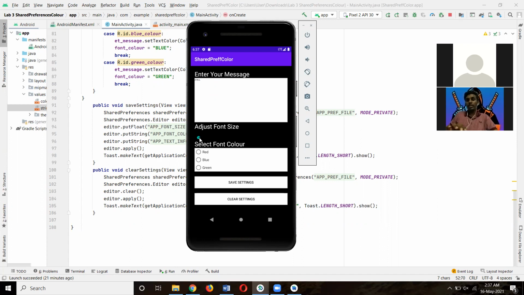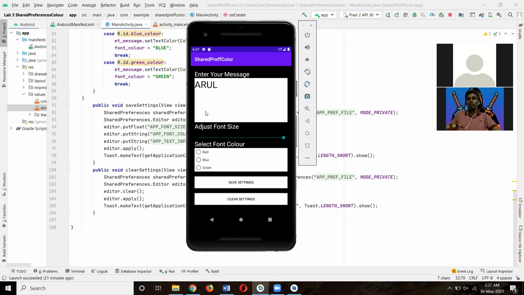Now I'm going to adjust the size of the font. To adjust the font, just click on the seek bar here and move it. This is the function of the seek bar.